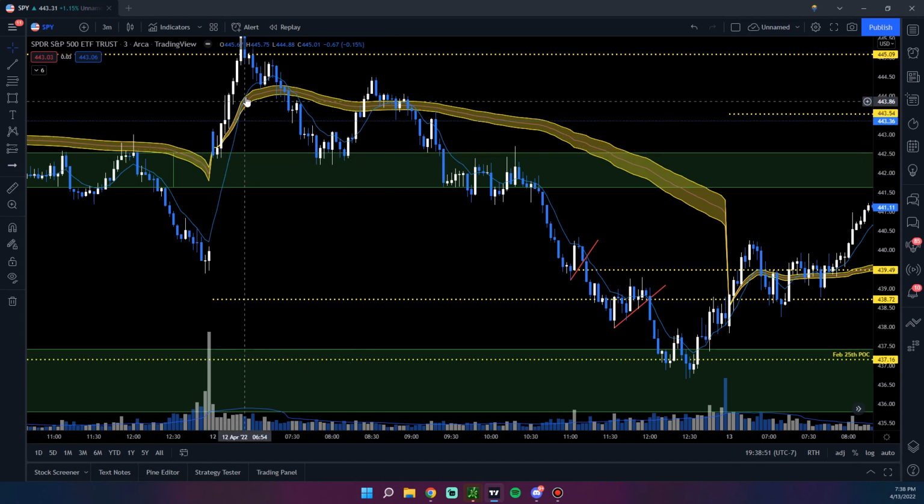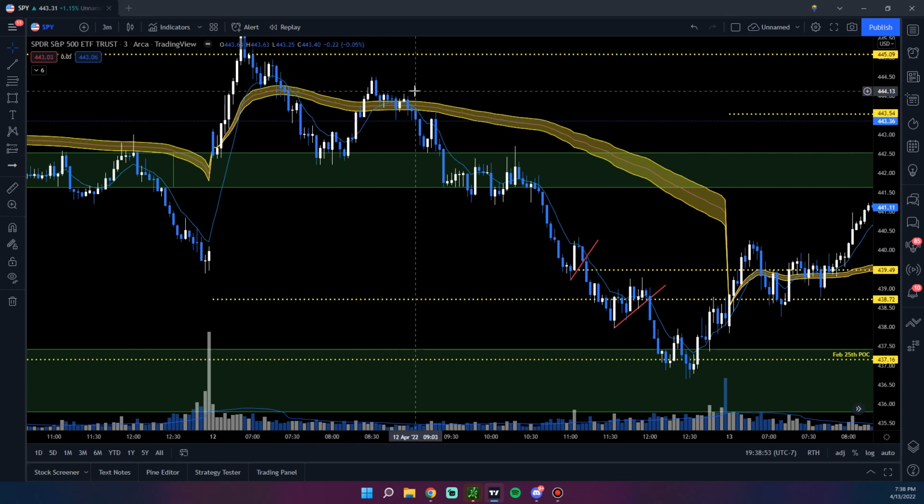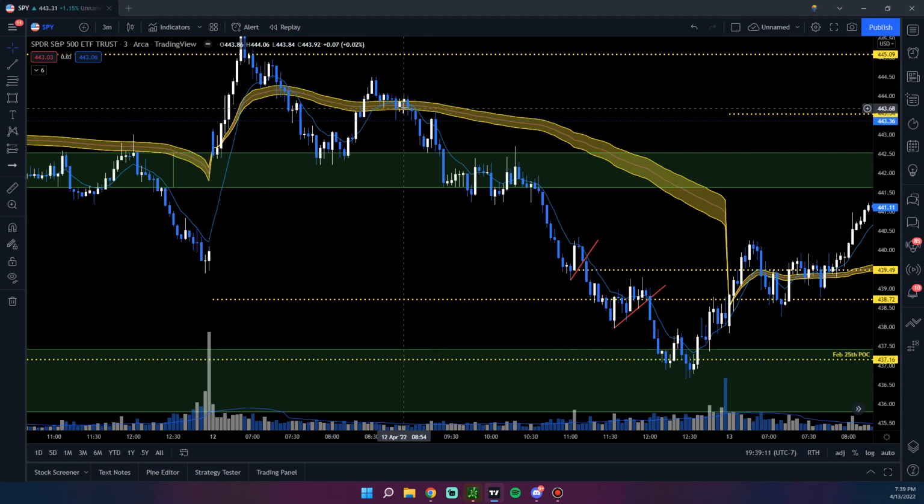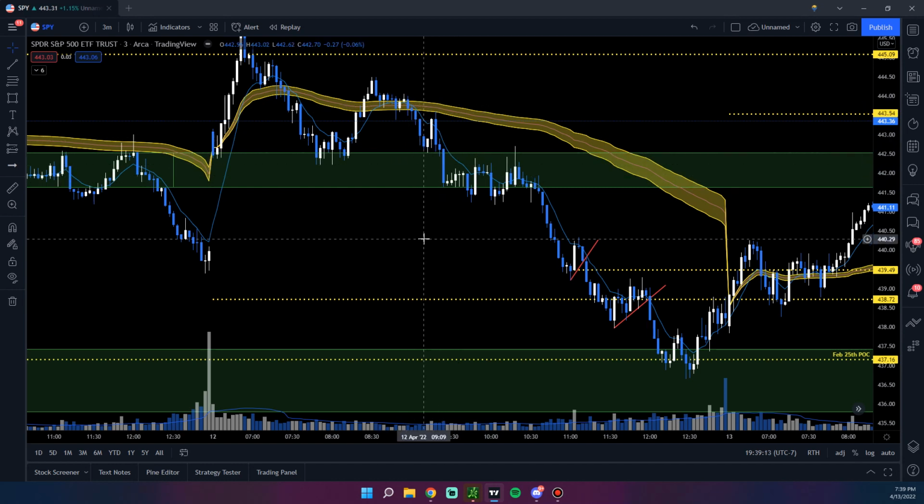When the 9 EMA crosses above the VWAP, if you have a candle close above, you can take calls. But in this instance, we cross back below. This first candle closes below. You hop in puts here, ride it right down to your supply and demand, right? Easy exit right there. These moves might not look big, but you play 5 or 6 of these a day,